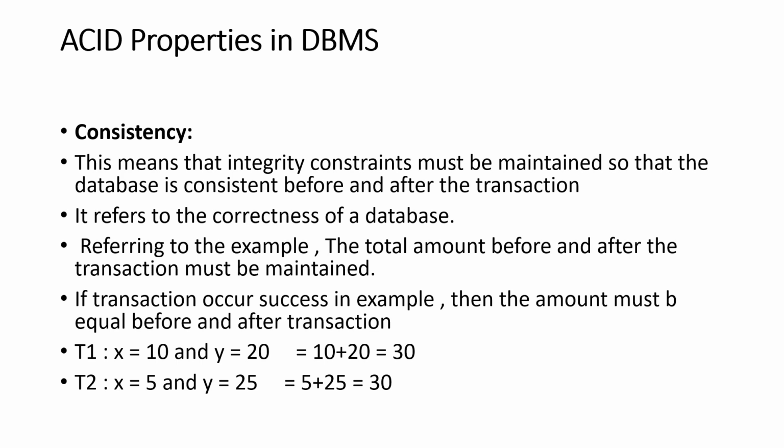If we do 10 minus 5, that is equal to 5, and 5 is added to the Y account, so Y is now 25. So if we add both X and Y, that is also equal to 30. So the value before the transaction and after the transaction must be equal. This is called the concept of consistency. So I hope you understand. Now let's move to the next property,